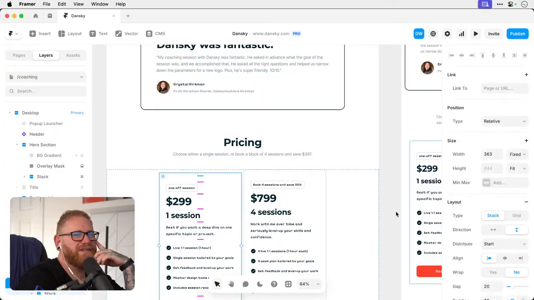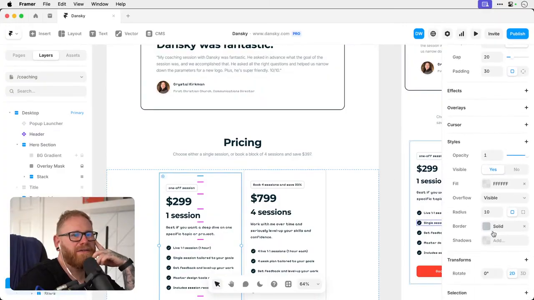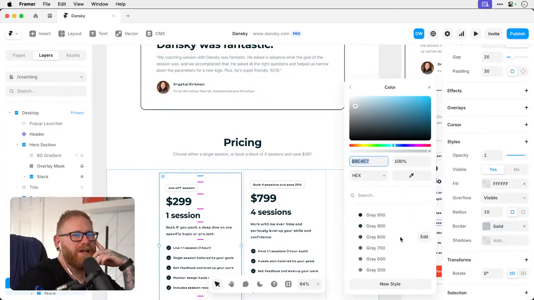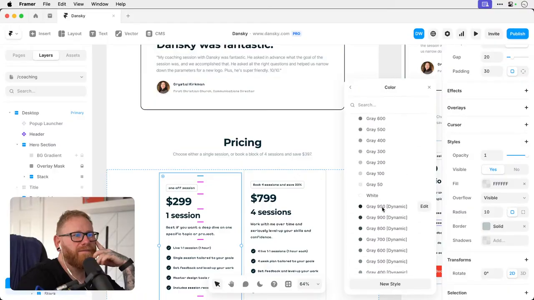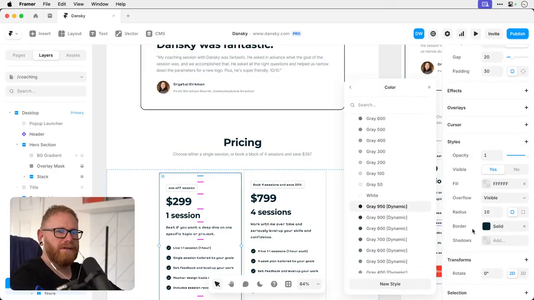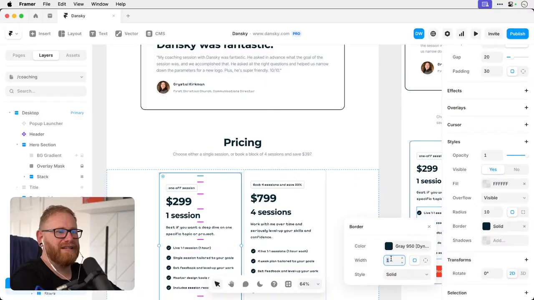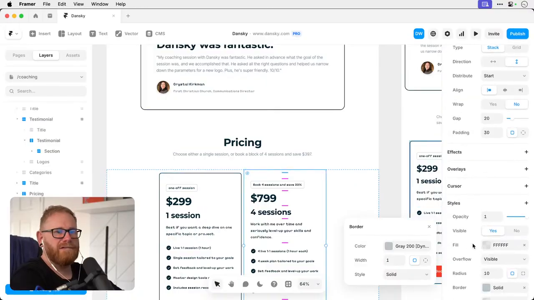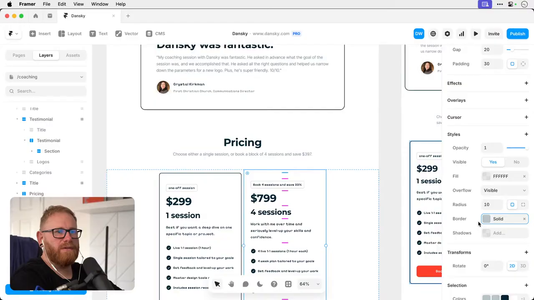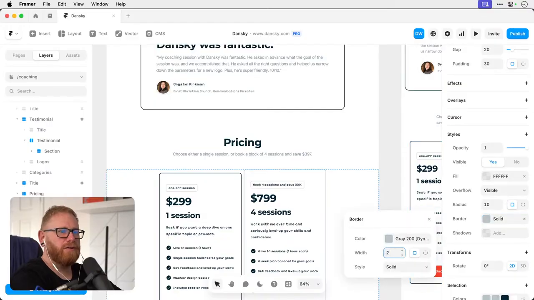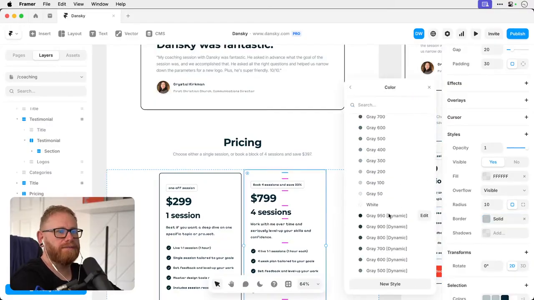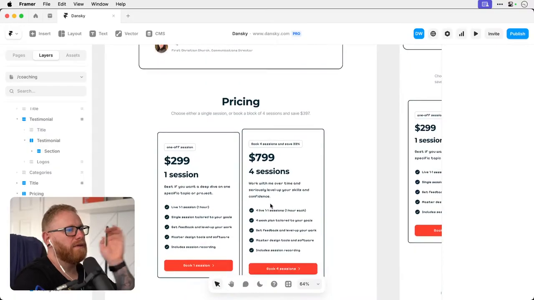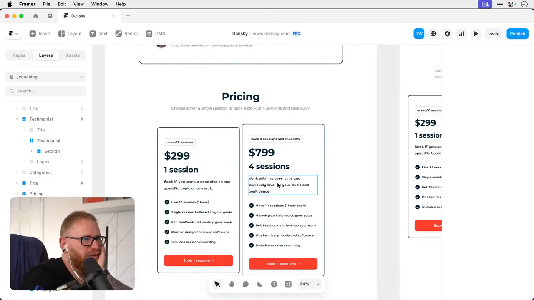Although these boxes here are going to need dark borders as well. Otherwise, they're just going to be massively inconsistent. Border to color. And one's bigger than the other, which is really annoying.